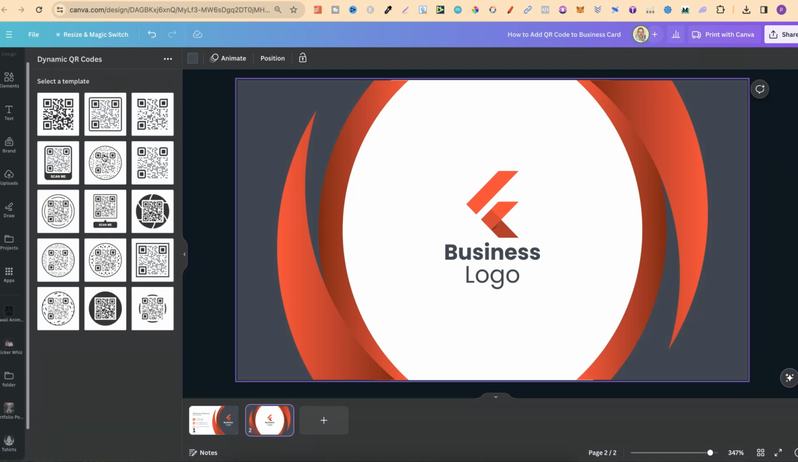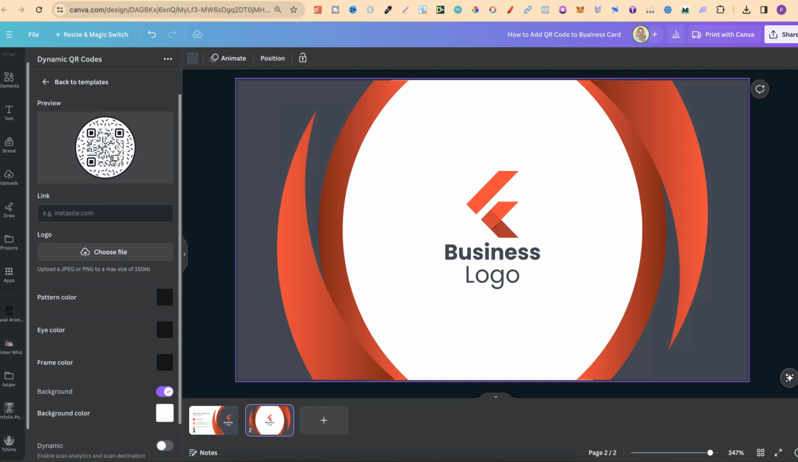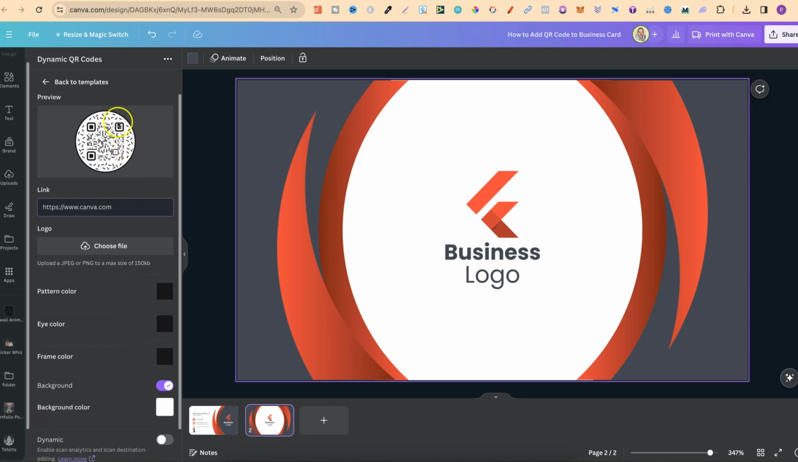Now, if we click on here, we have lots of different QR codes that we can choose from. Now for this example, because this is kind of round, let's go with a round one. So we could choose this one by clicking on it. Then we want to put in the link of where we want the QR code to go. So for this example, I'm just going to put in Canva,